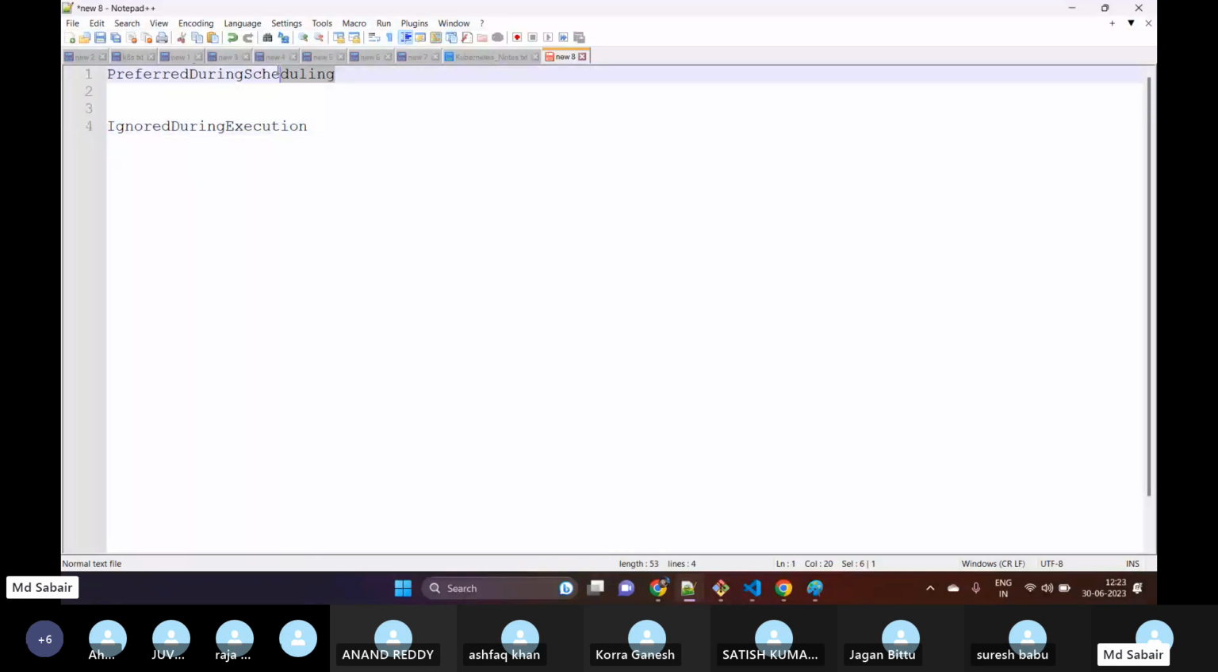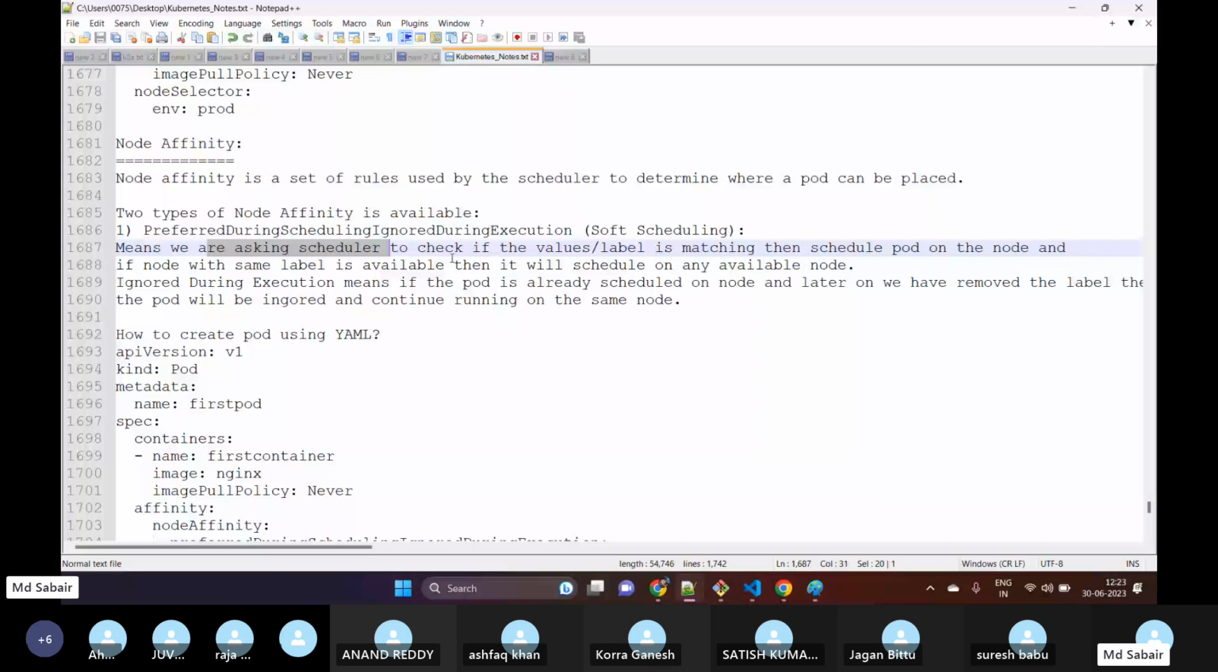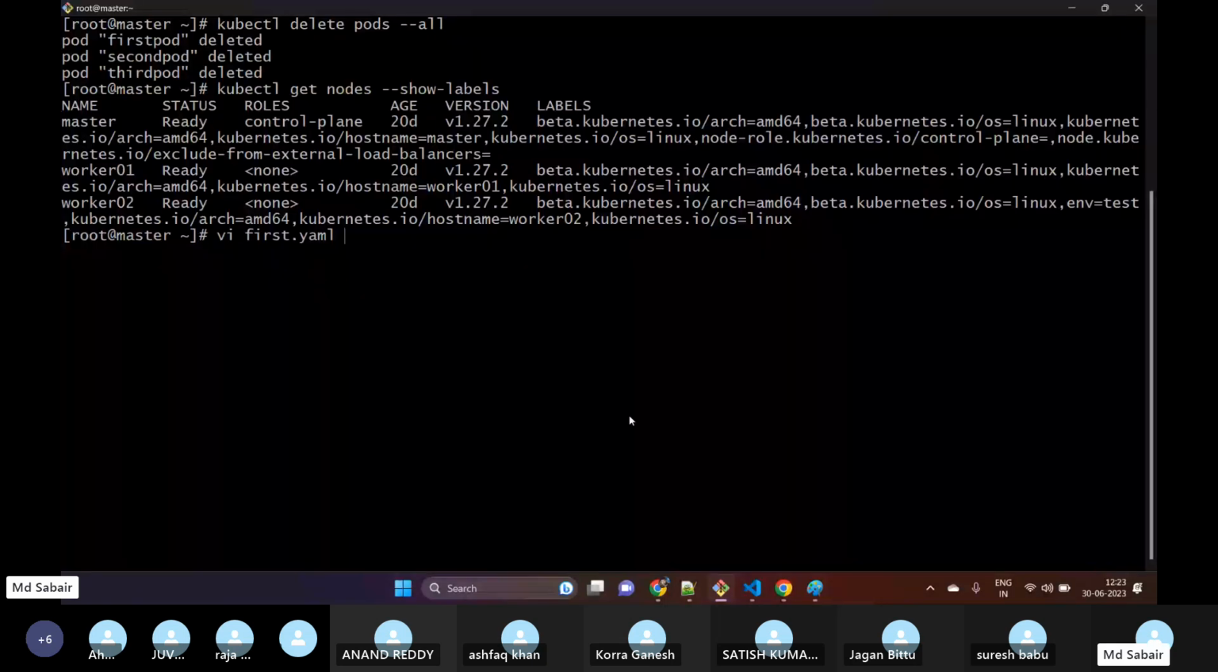This is our first type. In this, again, let me break this into two different parts. Preferred during scheduling. What will happen is, whenever we ask the scheduler to check if any values or labels match, then schedule the pod on that node. What was happening here, for example, vi first.yaml, the third pod,